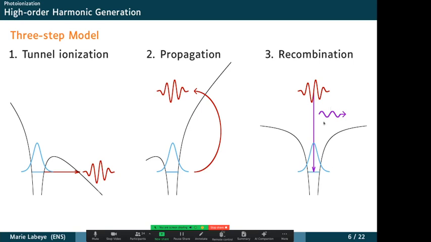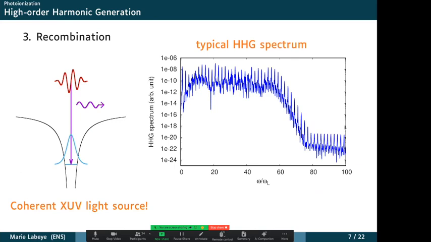And now this light that is emitted is called high order harmonic generation, because if we look at the typical spectrum that the electrons will emit, it looks like this. So it's composed of harmonics of the incident light. So in the experiments, it's often an IR light, like 800 nanometer or a bit more, and up to the, I don't know, 10th harmonics or 50th or here 60.